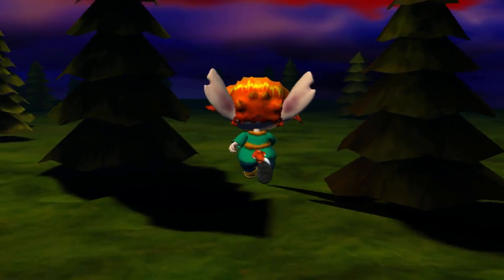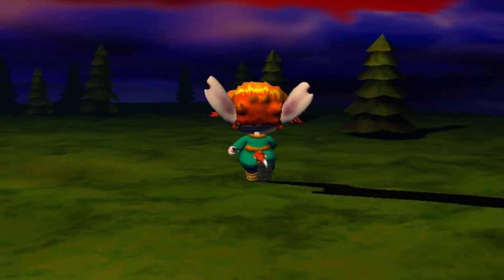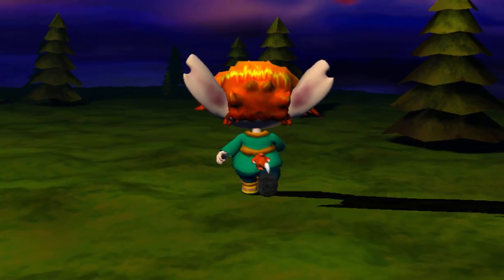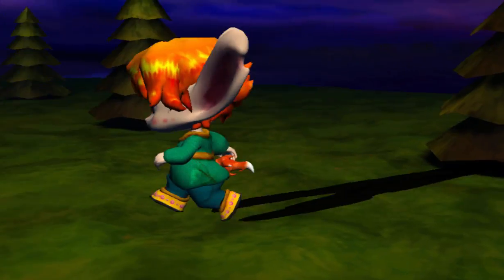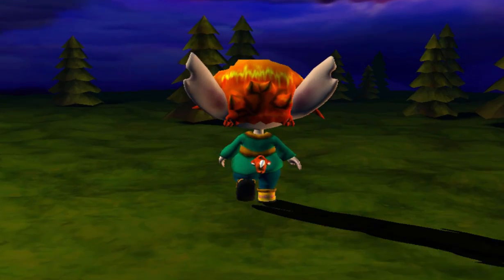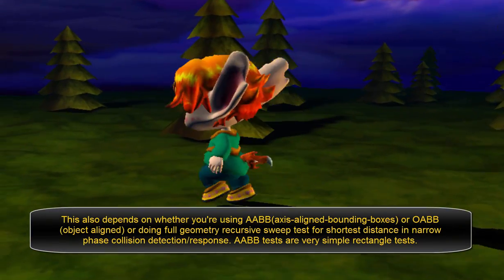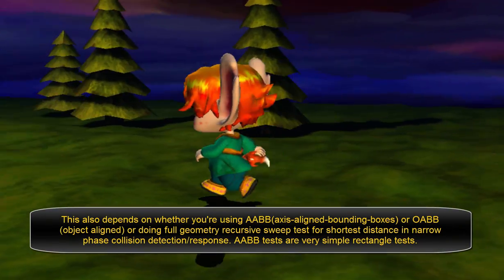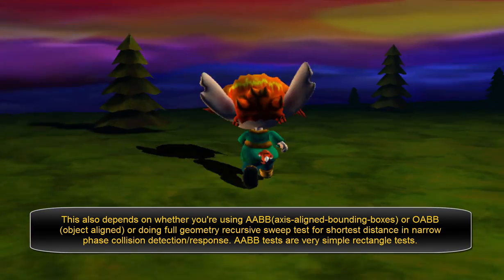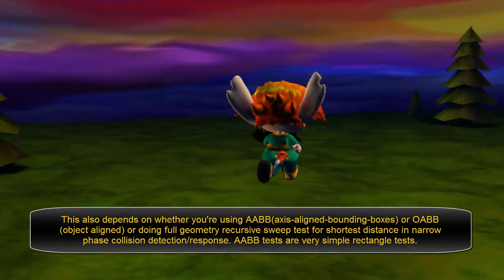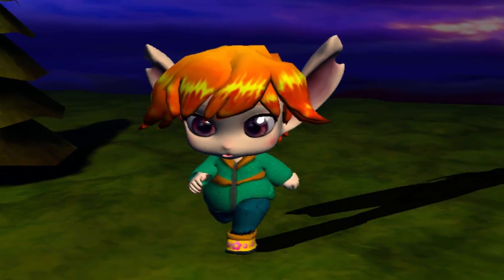You're doing a radius test against surfaces, but instead of just a line, you're doing it against planes instead. Polygons and planes and such. And you can walk on top of them, jump off of them and stuff like that. I like that.